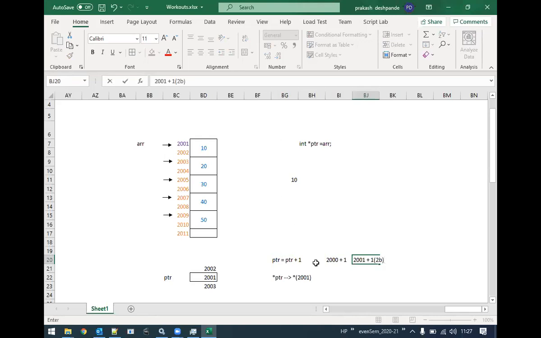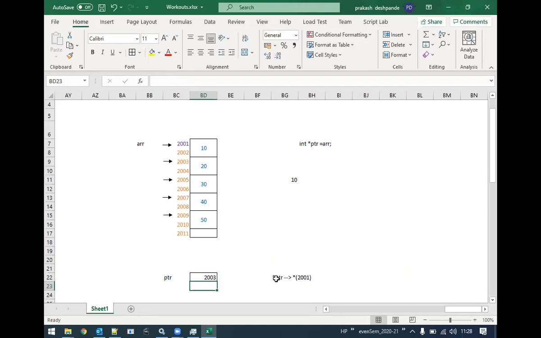So it will be 2001 plus 2, and we get 2003 as part of incrementation. For the next time, the value of PTR will be updated with 2003.